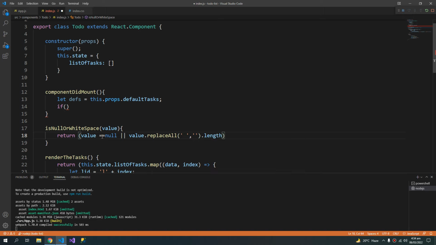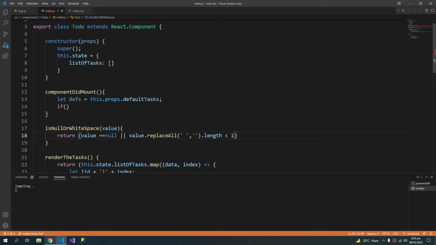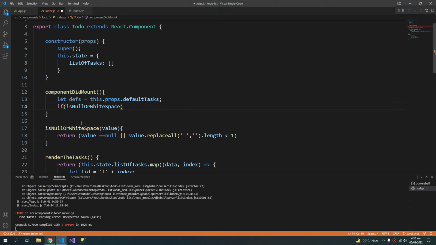This is my ninja technique of detecting the white spaces. So if we remove all the spaces and the length is less than 1, then the value is considered only white spaces. So I will use this function here, and I have to give it a reference, this,